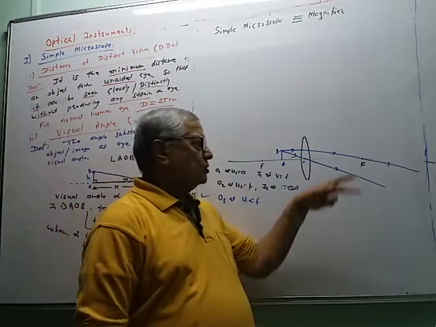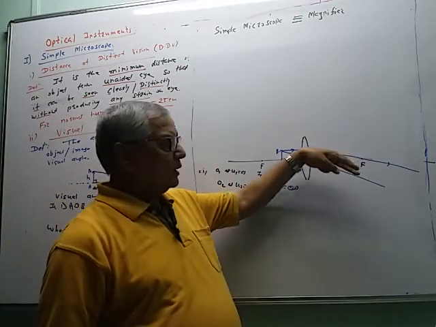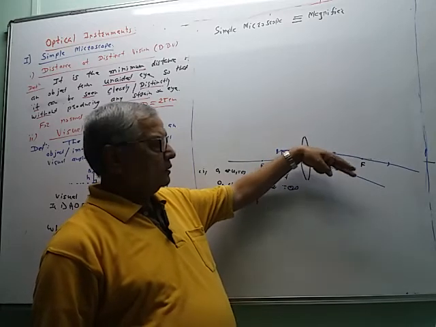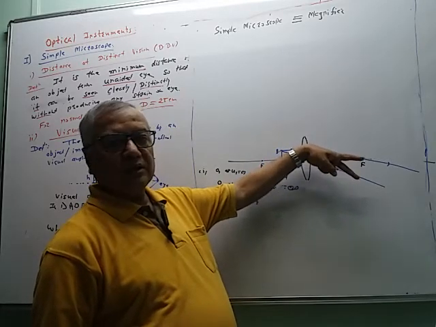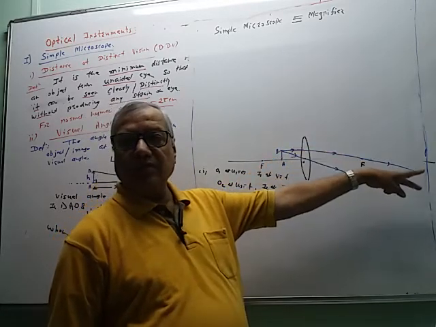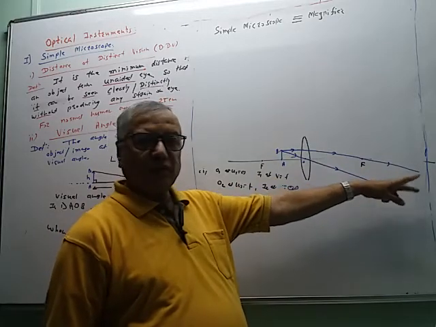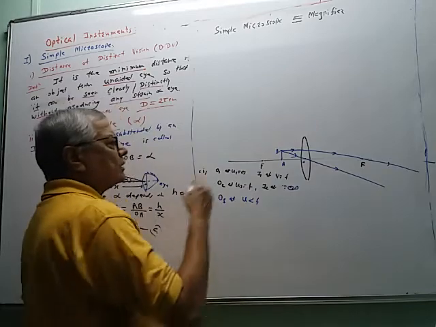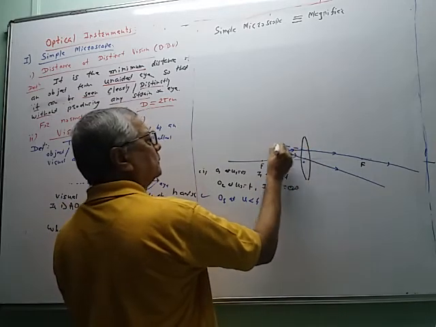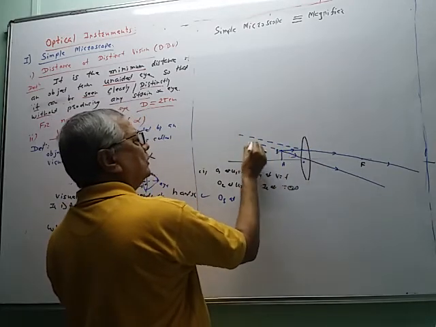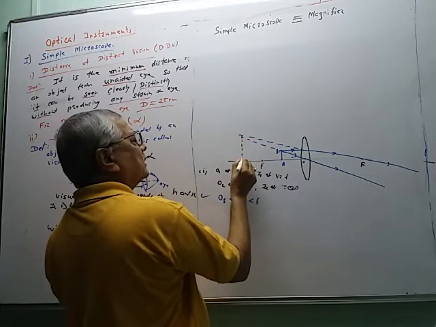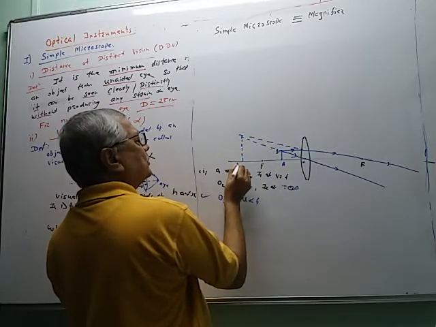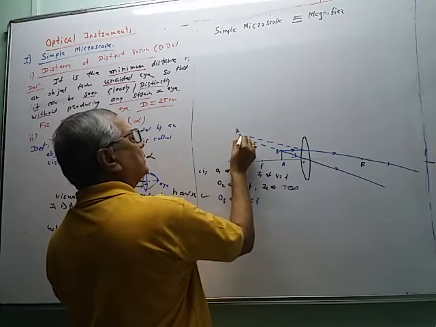Now, see these two refracted rays. They diverge from each other. Therefore, they will not cross in the forward direction. So, no real image is formed. But if they are produced in the backward direction, then here we will get the image. So, that image we will denote by A1, B1.